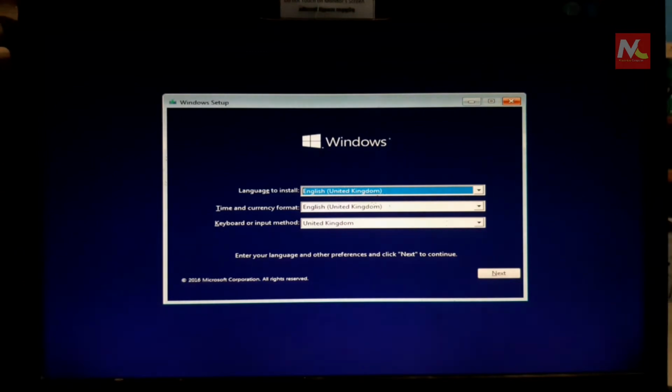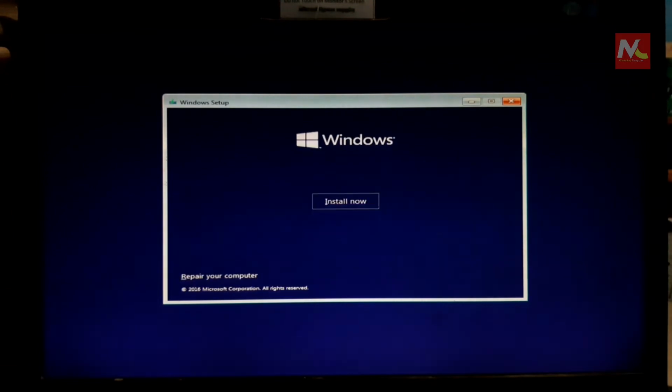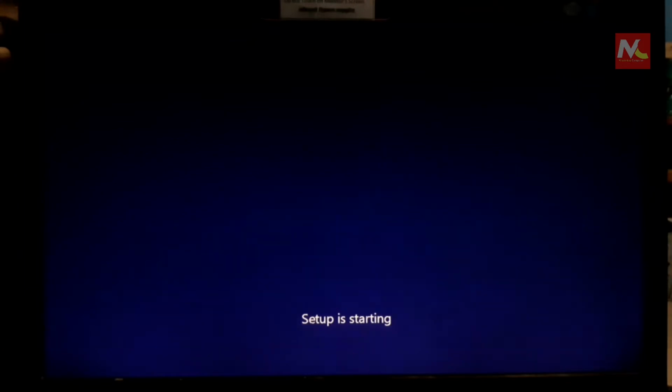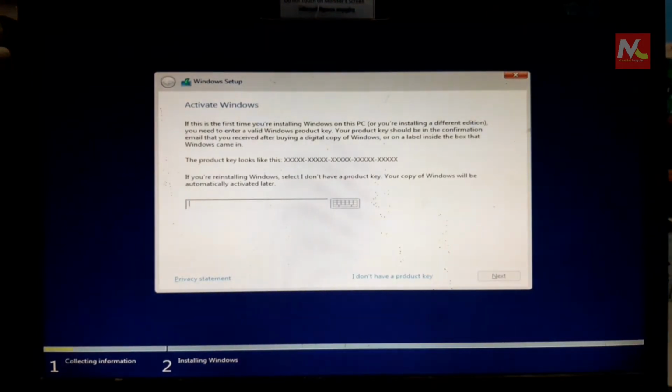Now I'm going to change the keyboard input language to United States International and press enter, and press enter again. Now you can see here our Windows setup is starting. Now I'm going to choose the I don't have a product key option and press enter,